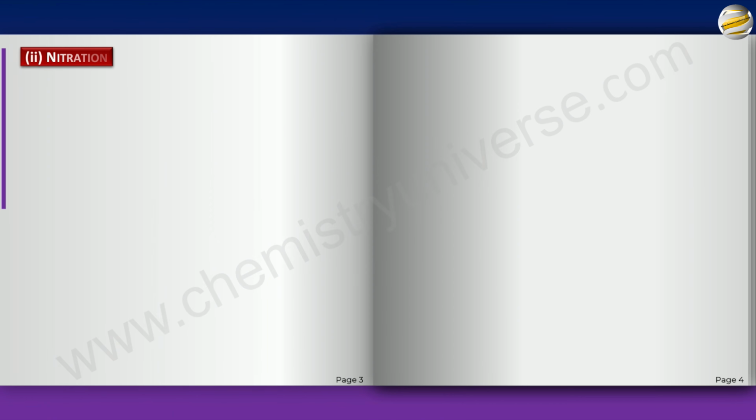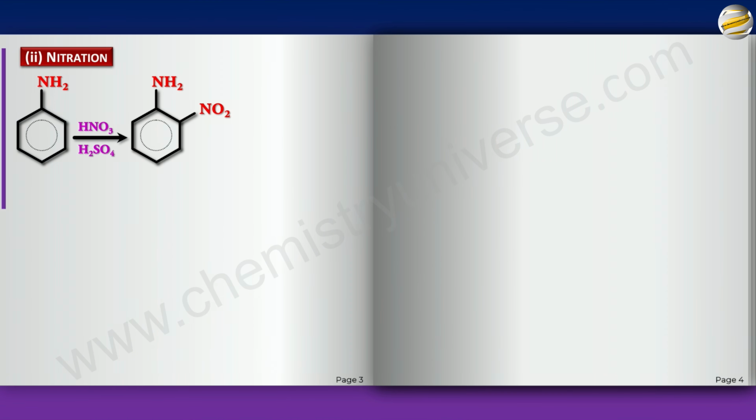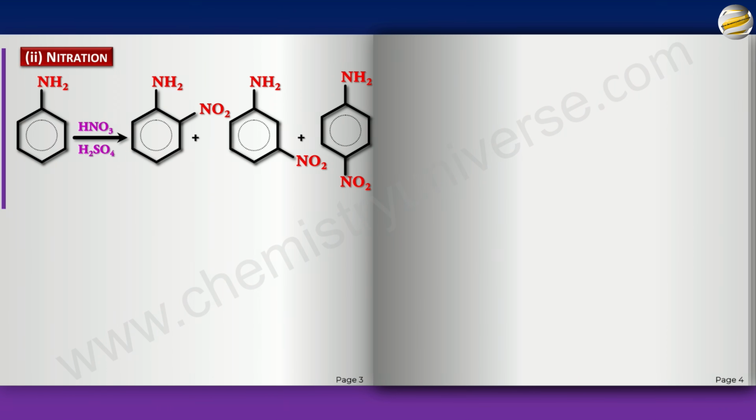So next is nitration. So when you use aniline with HNO3 and sulfuric acid, remember what happens is, besides getting the normal nitration of ortho and para, you'll also get meta, because nitrogen being a strongly activating group, the nitrogen's lone pair will get protonated by H plus from sulfuric acid. So you will get ortho, you will get meta and you will get para. And the yields are 2%, 47% and 51%. So despite the fact that there is a good reason for meta direction, the major product is para, but they're very comparable.